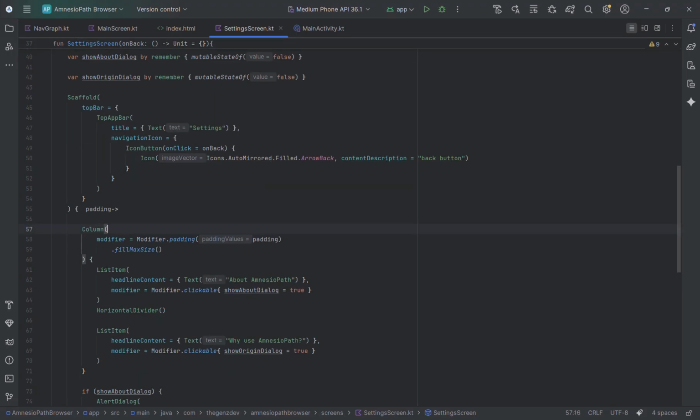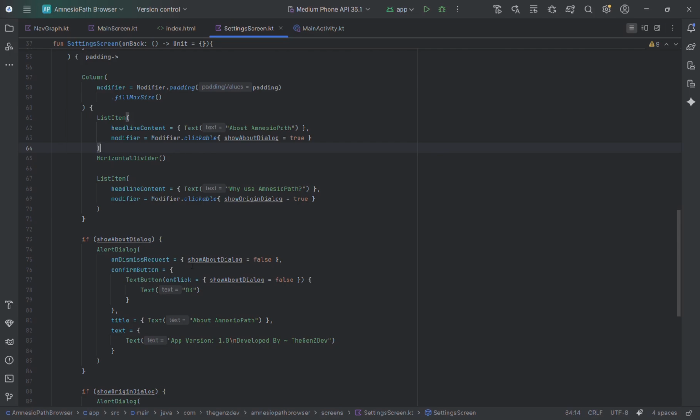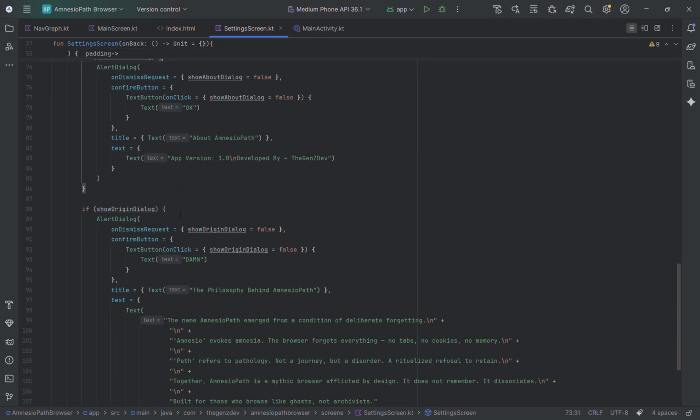Yeah, we were here. Column. So you have this column with padding equals to this padding, and it's going to fill the maximum size. And inside this we have those list items that you saw before, which were about AmnesioPath and why use AmnesioPath, with the horizontal divider that you saw again in the preview. And then you have these two if blocks,